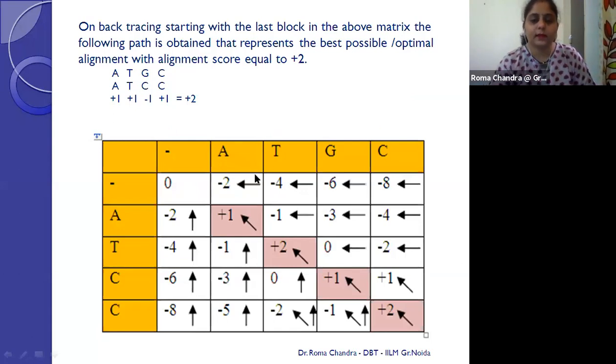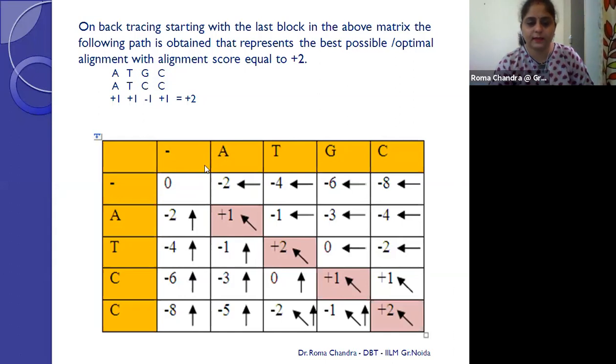Here you can see, in the row and in the column, similarly we are putting these horizontal arrows and vertical arrows just because this value was taken by the help of this, this was taken by this, and so on. Okay, when I had considered this value, then -1 I got, and -1 was a condition just because A and T is a mismatch. So -2 and -1 would be equal to -3.